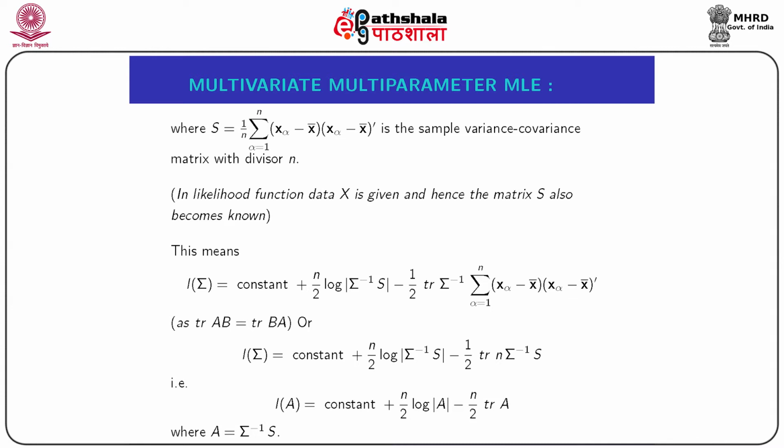As a result, the log of the likelihood function of sigma is equal to constant plus n by 2 into log of determinant of sigma inverse into S minus half into trace of n into sigma inverse into S, by the definition of sample variance covariance matrix S. Now, if we denote sigma inverse into S by another matrix, say A, then A is a function of sigma, and hence we can say without loss of generality the log of the likelihood function of A equal to constant plus n by 2 into log of determinant of the matrix A minus n by 2 into trace of the